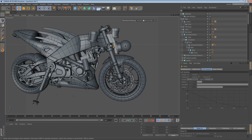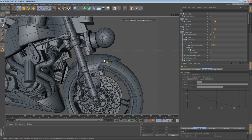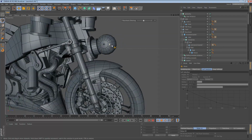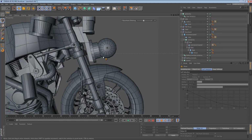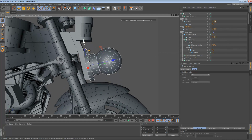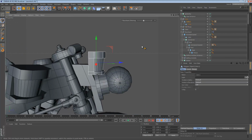Before we get into that, I realized that I made a bit of an error right here. The fact that this infrared array is so low down is going to cause travel issues with the front suspension. It should go no lower than this part of the triple tree. So the first thing I'd probably want to do is move this instrument higher up like that, and we just